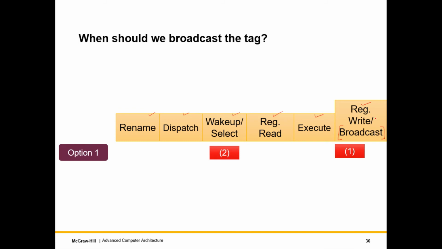So in this case, what will happen is that if we broadcast in this stage, we will have to have a 2-cycle delay, as we can see over here, between the producer and the consumer instruction. This delay is clearly not acceptable to us, right? So this flies in the face of pretty much everything that we have been talking about. So what this basically says is that, look, in these 2 cycles, we either insert bubbles, which means we don't do anything, or we execute some other instruction. So that possibility is always there.